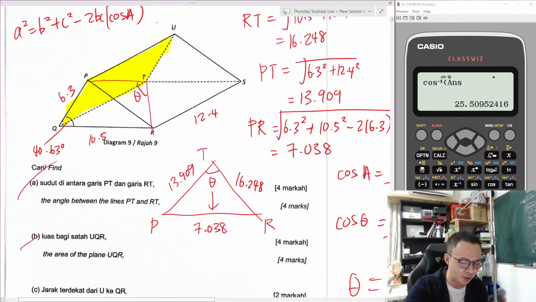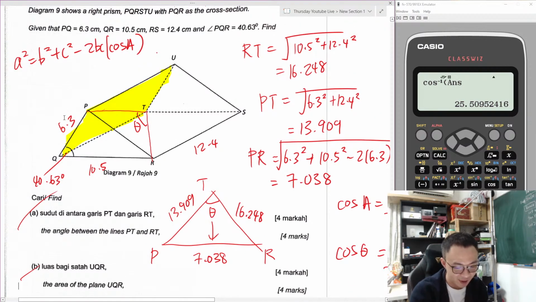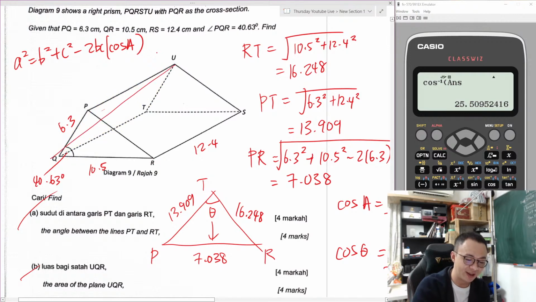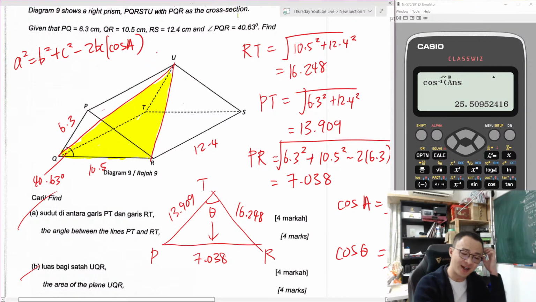Find the area of UQR. UQ, wow, okay. They love all the weird ones. U to Q, and then they go to R. Interesting, really interesting. So they asked us to find this area in between. I'm going to shade it to give you some idea. But luckily, we can still use back some lengths from just now.